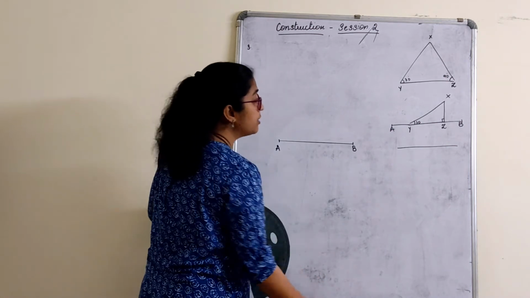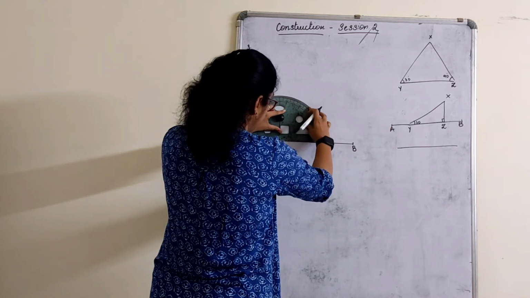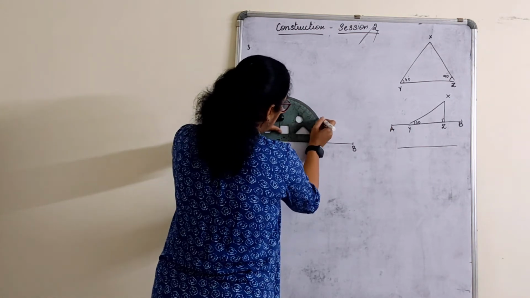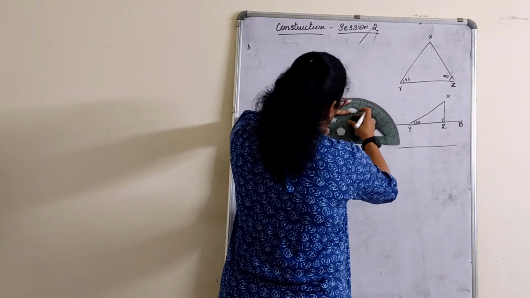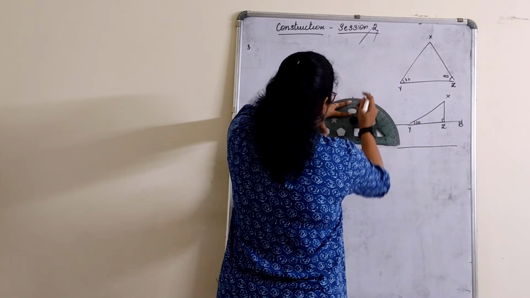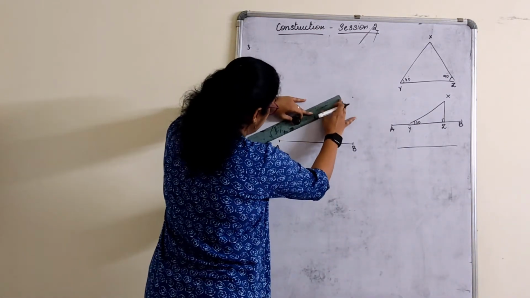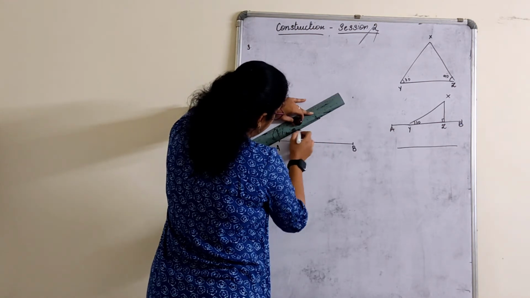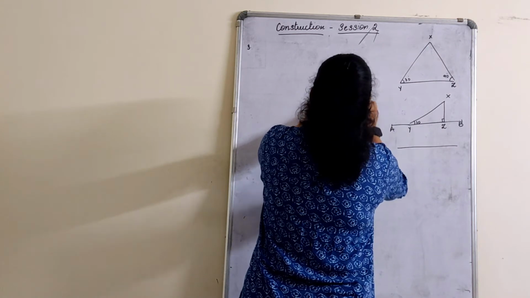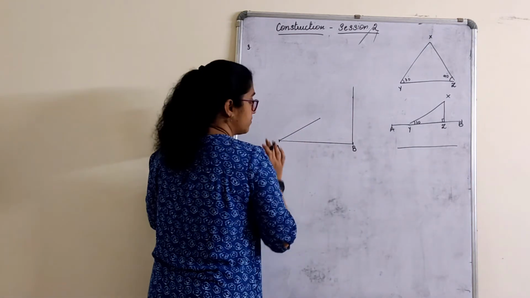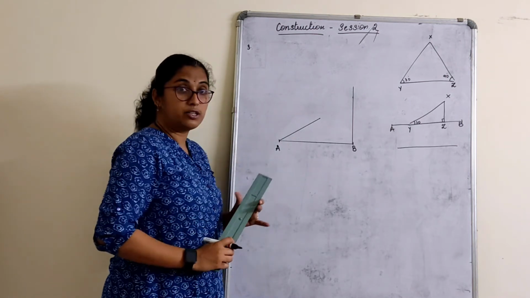Next, what we will do is here now. Base angles, according to them, are 30 and 90. I'll construct 30 here. Again, the construction is left to you. In your school, if they tell you that it has to be with respect to actual compass construction, you have to go with it. So, this is 30 degree and this is 90 degree. Very clear? Don't join. Keep it as it is. Done? First part is over.